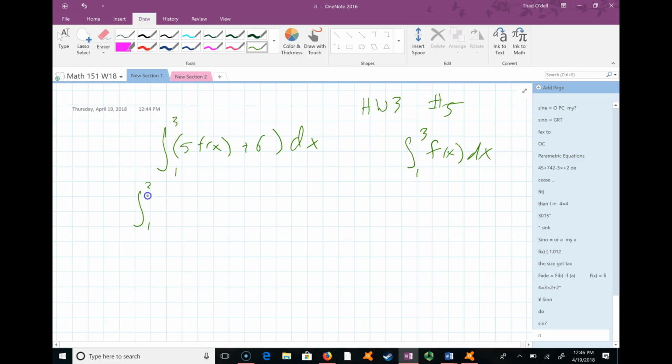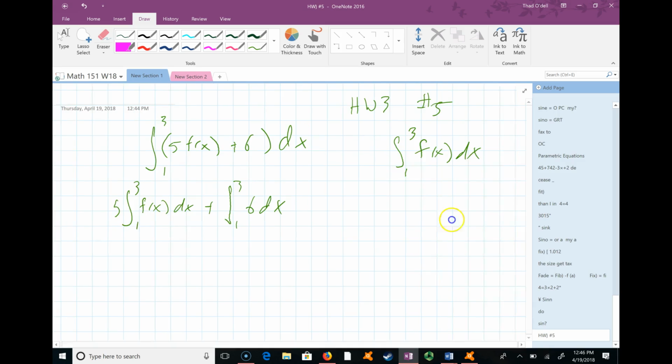So you have the integral from 1 to 3 of, and you can take the 5 out. So I would change this to 5 f of x dx plus the integral from 1 to 3 of 6 dx. That's kind of the key move there, because